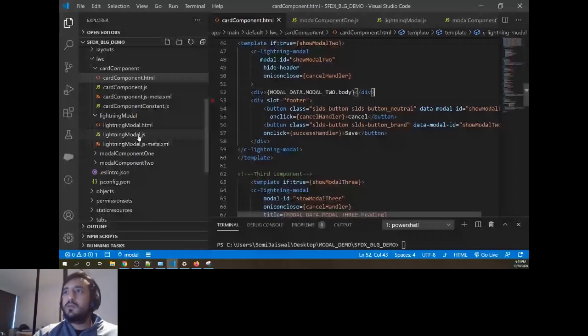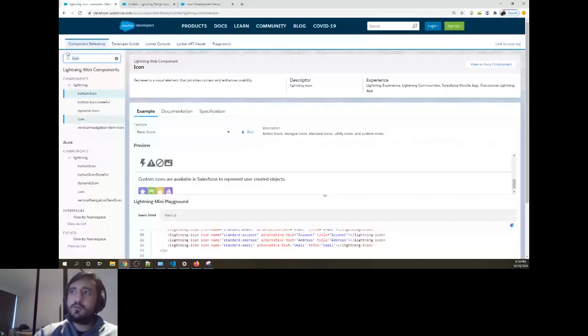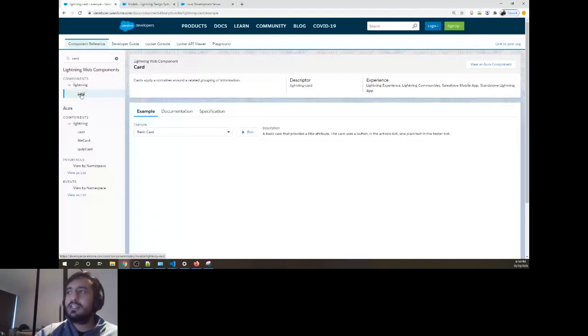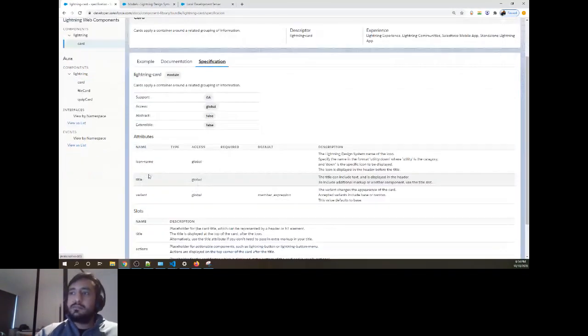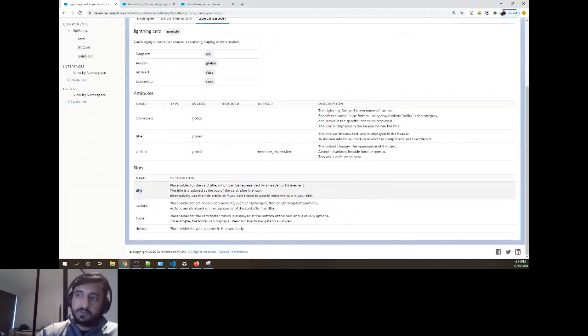I was looking at one component called the card component, and if you look, we built the same component that Salesforce has built for us. I'll show you the exact thing we built and what Salesforce is using behind the scene. If you see their specification, they are saying, I have some slots like title. In our case, we have the title. Action, we don't need action because in the card, on the right side top corner, they have a button. In our case, we have the footer. We are using slot as a footer. Default, we are using the body as default.